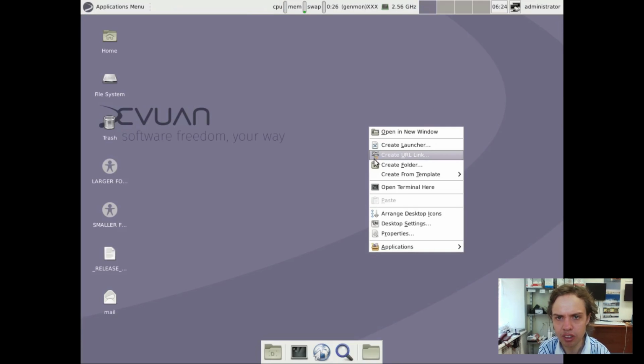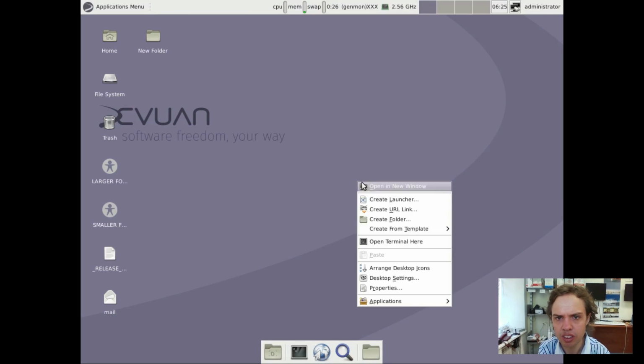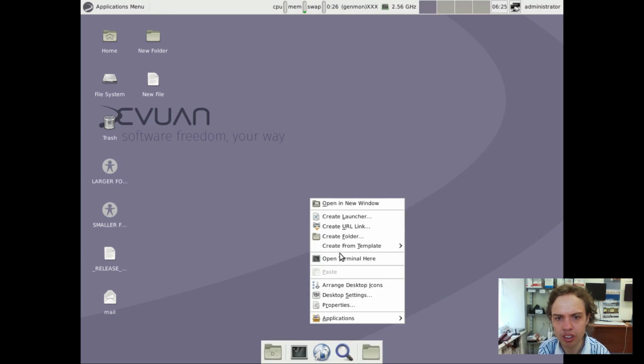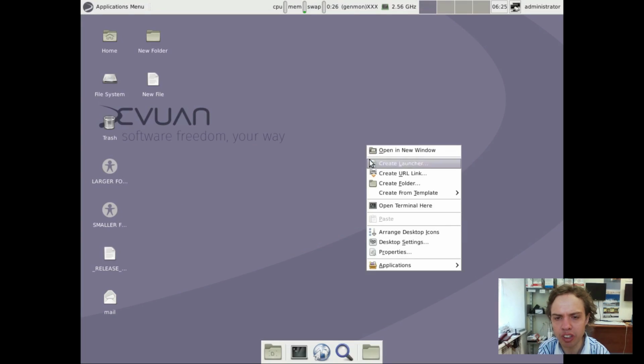And let's continue. Create folder. You can create a folder. You can create a template, an empty file. Why not? You can open terminal here inside the desktop. It's all familiar stuff, but it's cool that it's here. You can arrange your desktop icons,